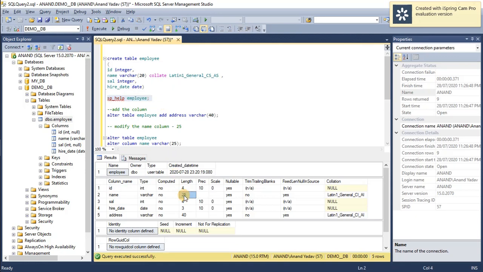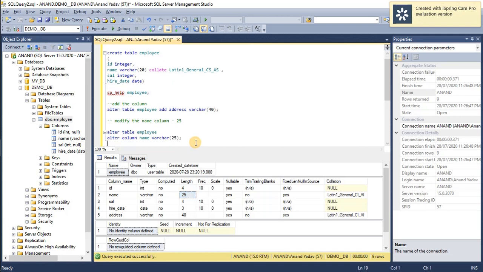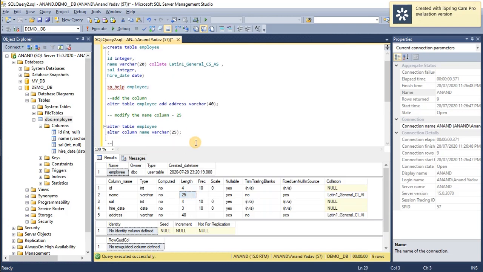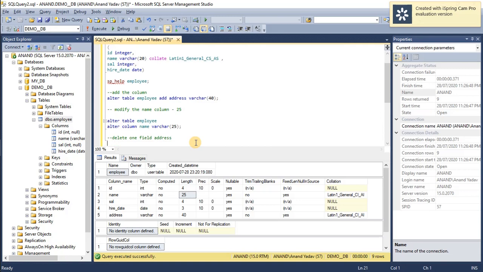Now if we realize that the address should not be there, because it should be pure employee information, and we wanted to delete one of the fields, address, that we recently added. The requirement has changed.